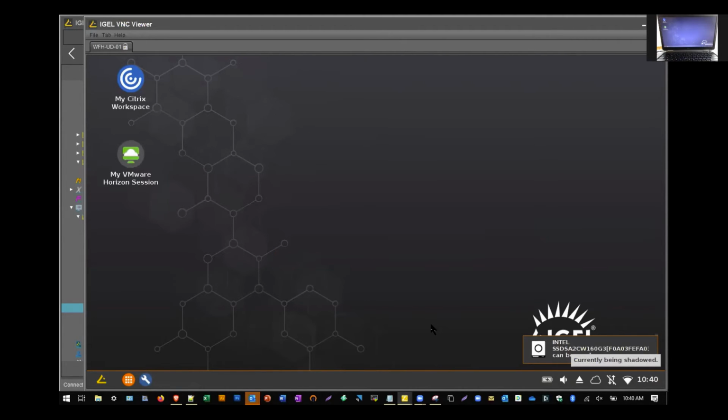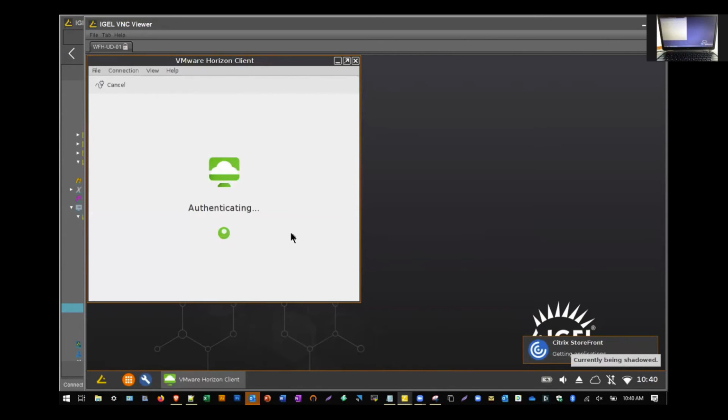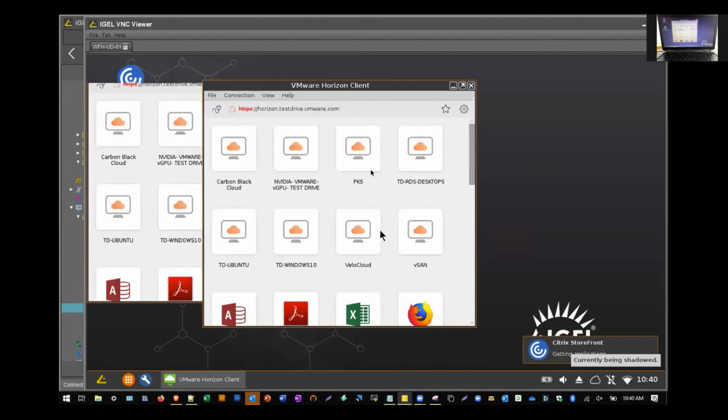Now I know some of you are saying, not everyone has Citrix and VMware. That is true. In this demo, the concept is that IGEL can do multiple protocols based on your environment if needs be. So as an example here, I have my credentials embedded. I'm going to log into Citrix really quick, and while I'm logging into Citrix, I'm also going to log into VMware. I'm going to show you exactly what this looks like and the power of what you can do.